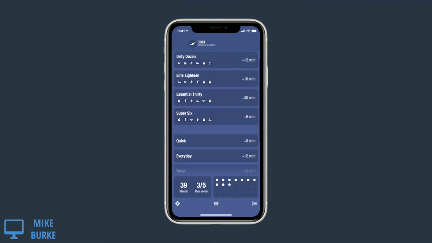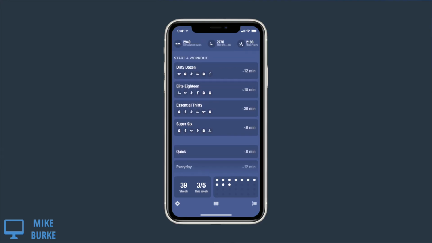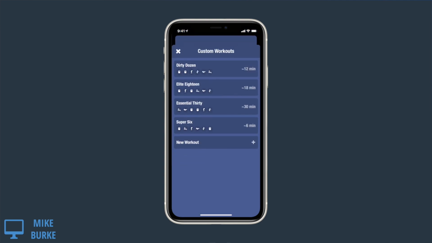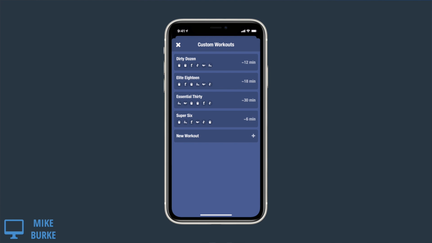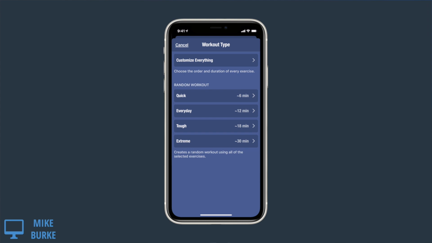Eventually, I realized that there were some exercises I wanted to do more frequently than they were showing up in the random rotation. Fortunately, Streaks Workout also allows you to create a custom workout by choosing 6 exercises and a duration. In short, Streaks Workout is a very solid app, but I'm going to stop the app review there because that's all you need to know in order to understand the problem I was having and how I used shortcuts to fix it.